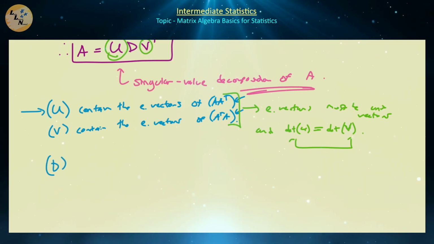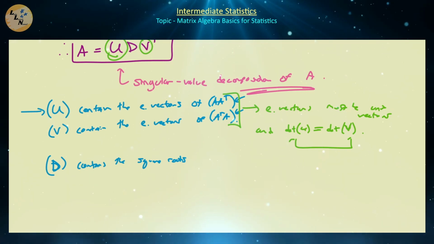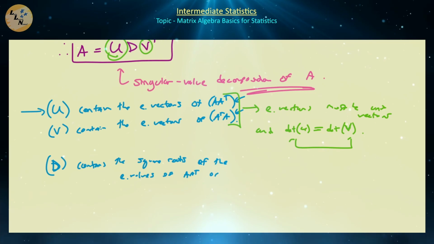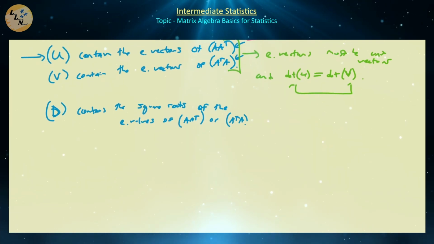So D, what is this last matrix D? D contains the square roots. Keep in mind that the eigenvalues of AAT and ATA are always non-negative, so the square root of them is not going to be complex numbers. So they're going to be the square roots of the eigenvalues of AAT or ATA. Typically, we focus on whichever one of these is smaller. So,